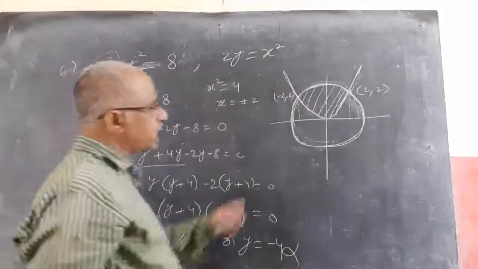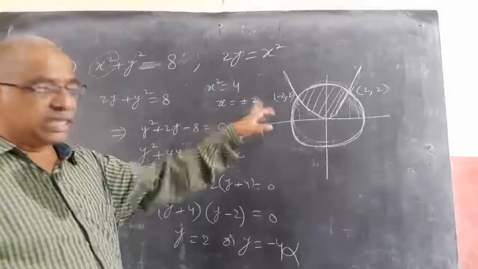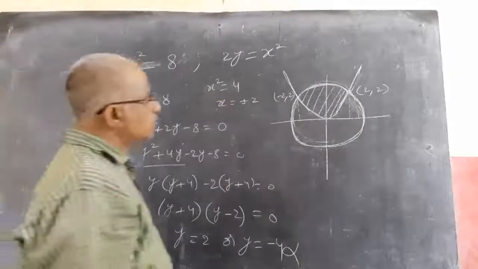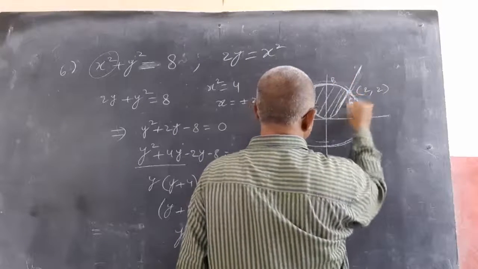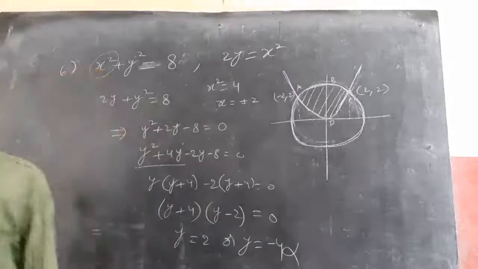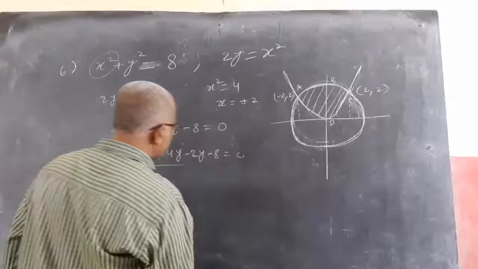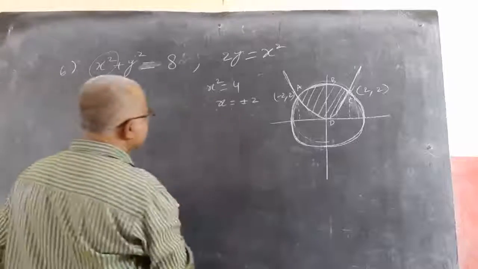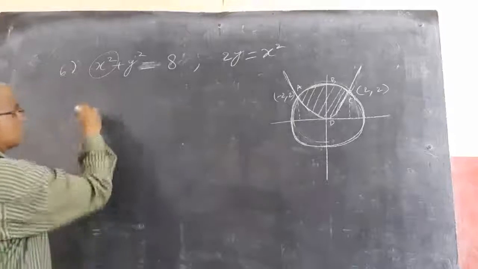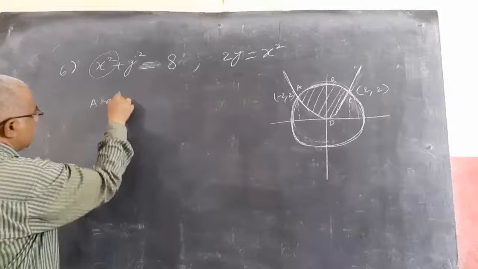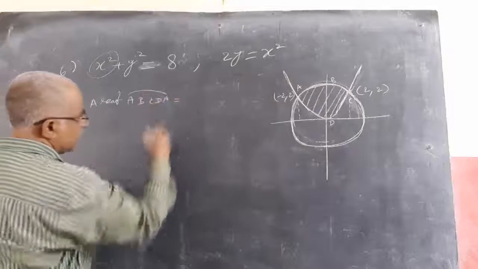So between the limits minus 2 to 2, upper curve minus lower curve gives me the shaded area. As before, we will take the points A, B, C, D, A and find the area. The calculation part will always take place. Next, area of A, B, C, D, A equal to